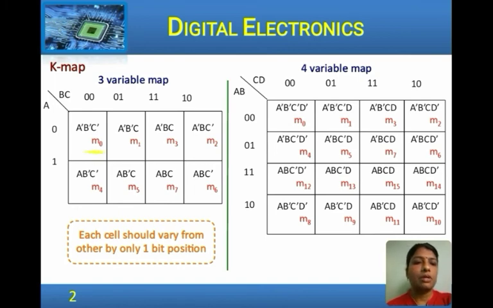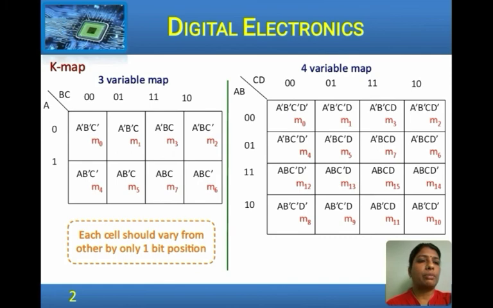So, we have M0, 1, 2 over here, then 3, similarly 4, 5, 6 and then 7, which are the equivalent for the binary representation of the values. So, ABC gives the input combinations, A dash B dash C dash represents 000. So, zeros are primed and ones are represented by unprimed letters. So, for this combination, the output that we get, we will be representing in this cell.